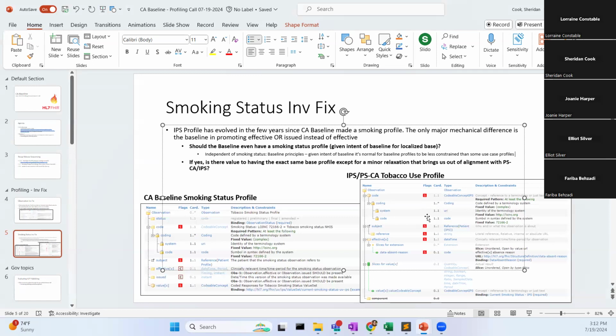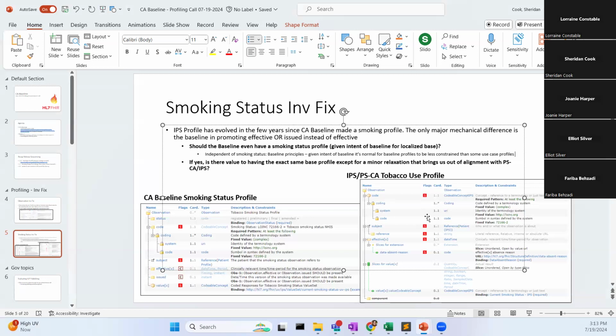Yeah. In the last year or two we've been clear that, particularly when there is an established use case profile like IPS, reprofiling from the more specific use case instead of your base or your core is usually what's recommended in the IPA, IPS space. Well, it depends, because there might be use cases about smoking status that have nothing to do with IPS. I don't think anybody's actually using this baseline profile, but there could be other uses that are not part of IPS, and so the broader profile might still be useful.